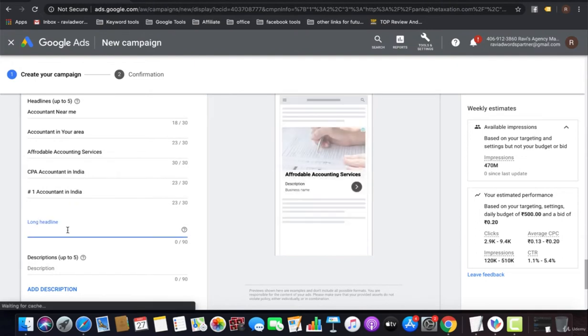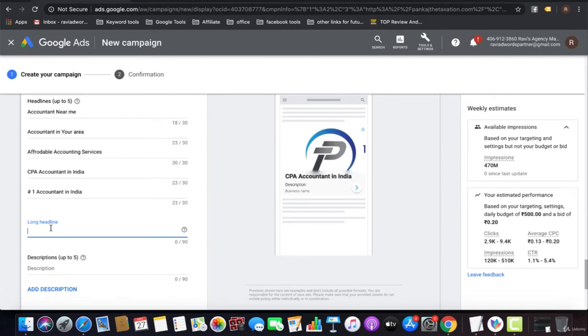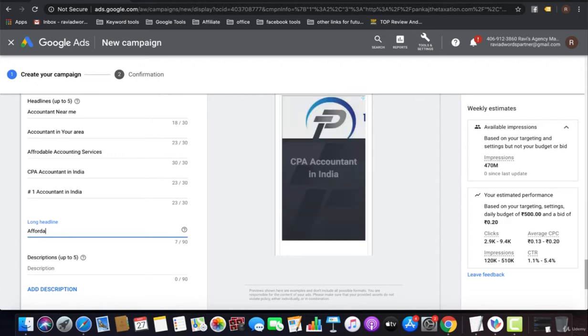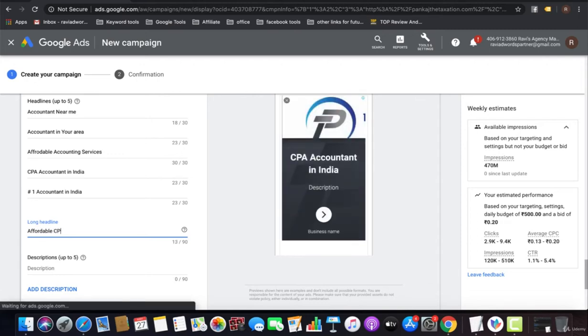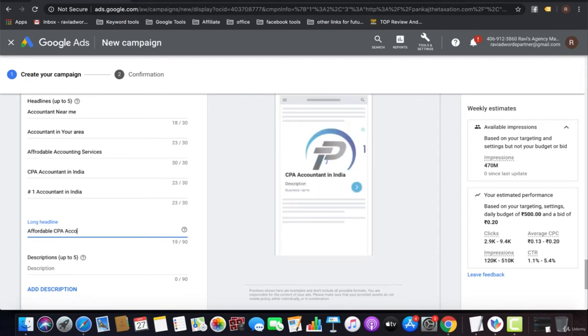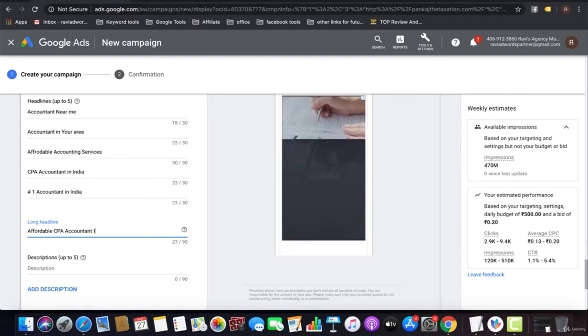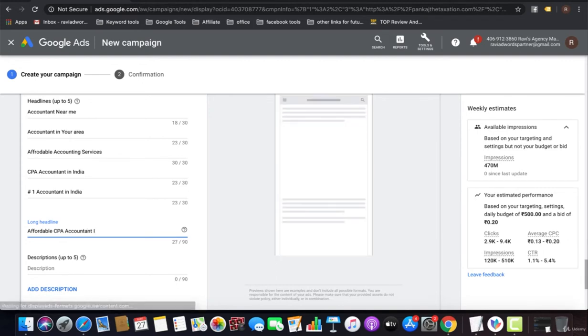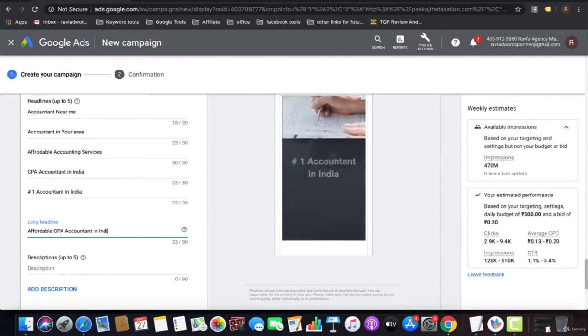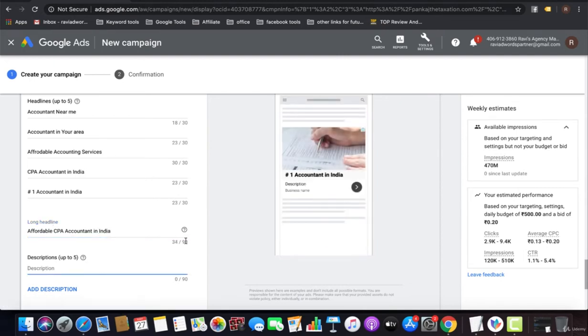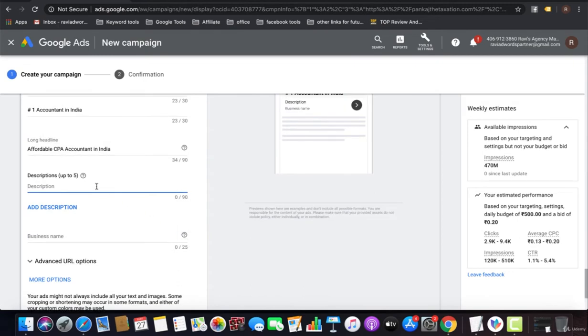And that is the long headline that is displaying on this particular area. For that I need to create like affordable CPA accountant in India, and I need to put description for that as well.